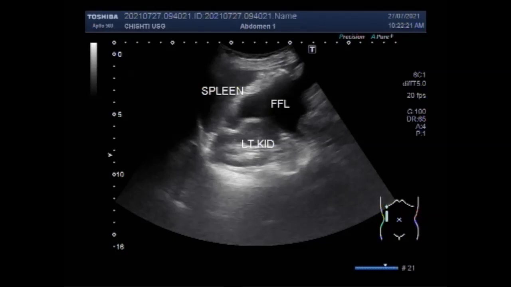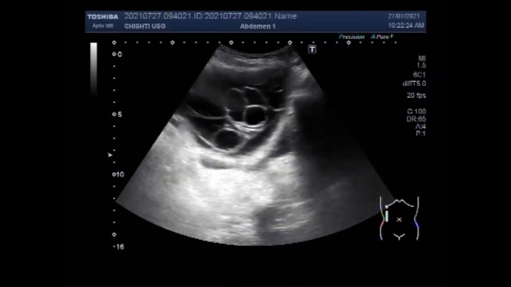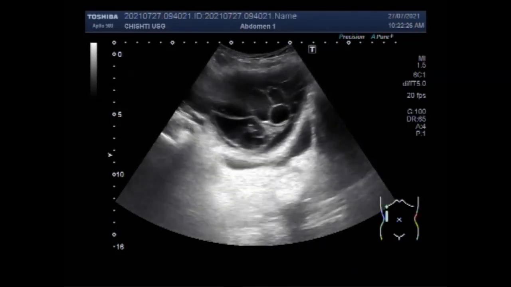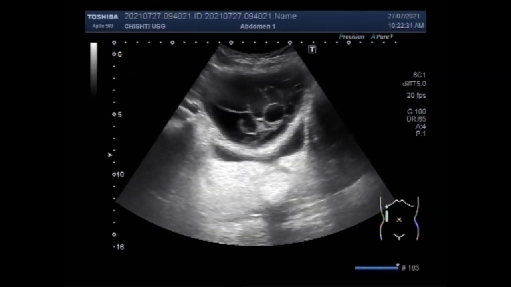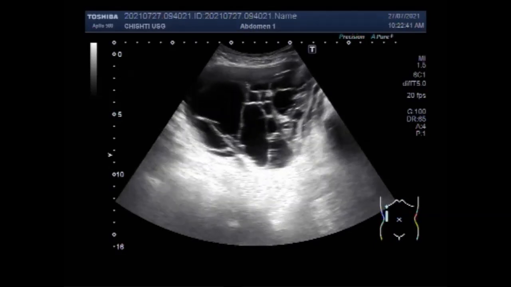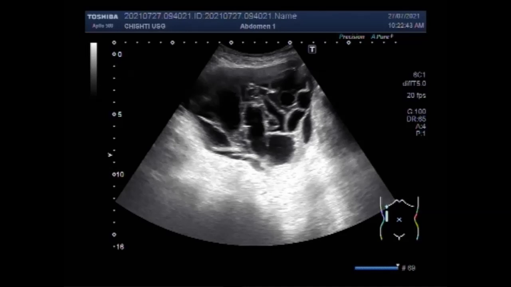Various types of morphological changes on ultrasound examination caused by intra-abdominal adhesions are distinguished and described. Now you can see the scanning of the pelvis, and adhesions are clearly visible. Multiple adhesions you can see formed in the ascitic fluid. These are all the adhesions in between this ascitic fluid and the gut loops.